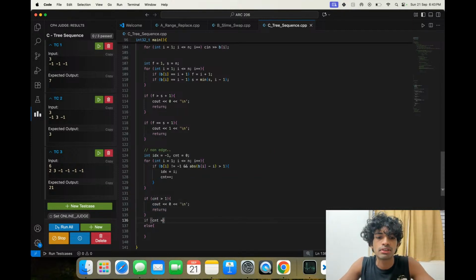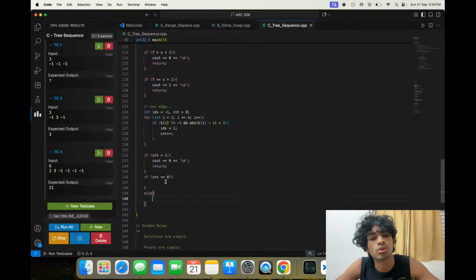So if count equals 0, and the other case is what we have to do.